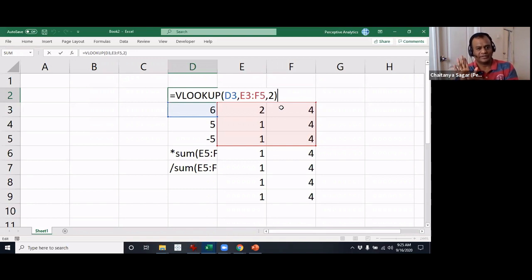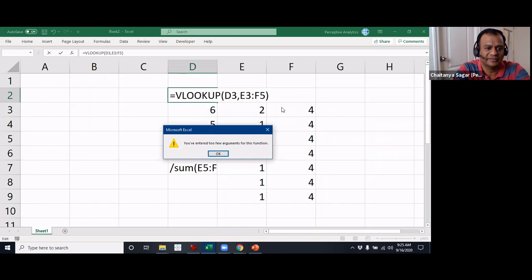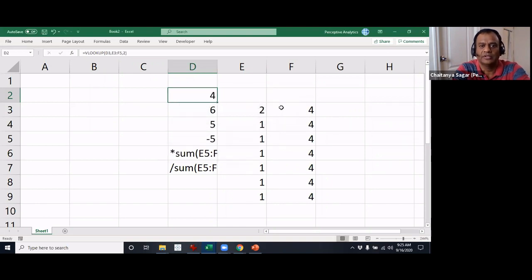That's the main thing to get here. Clear now? But if I were to remove this one, including this, it will give me an error. Okay, cool. So that is so far as mandatory and optional parameters are concerned.